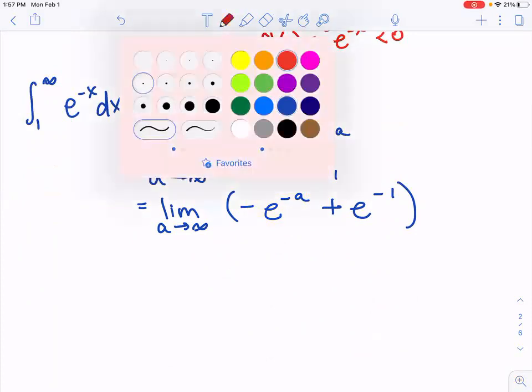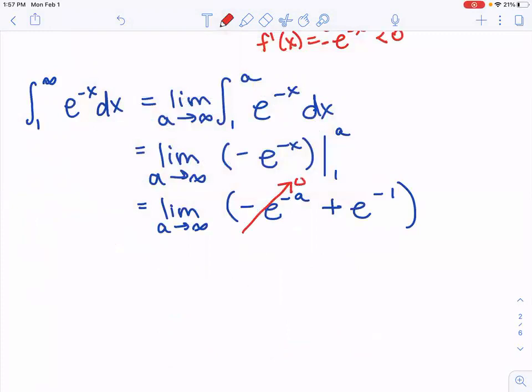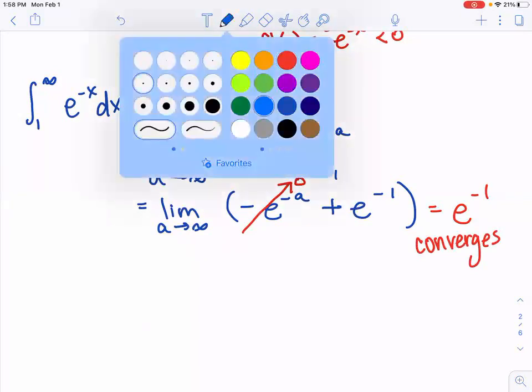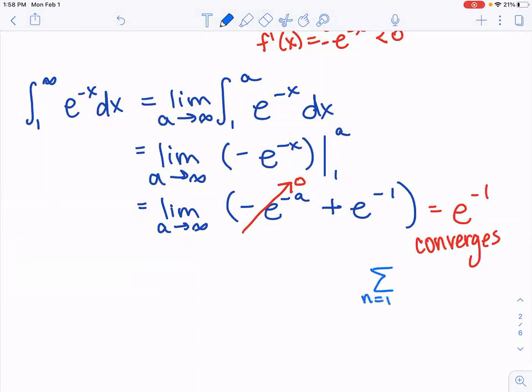Goes to 0. So our limit is e to the negative 1. Since our improper integral came out to be a number, we say that it converges to be 1 over e. This is infinite area. So we say that this converges, which means our series also converges